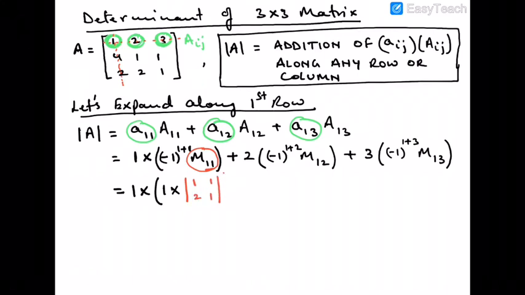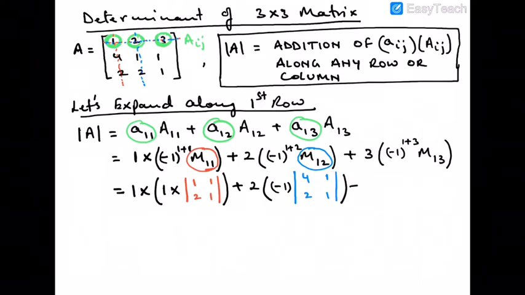Now plus 2, and minus 1 to the power 1 plus 2 will give us minus 1, and here eliminate the first row and second column and write down the remaining 4 elements, and these elements are 4, 1, 2, 1. Similarly, here we will get 3 times 1, and for minor M13 we eliminate the first row and third column, and the remaining 4 elements will be 4, 1, 2, 2, which will give us